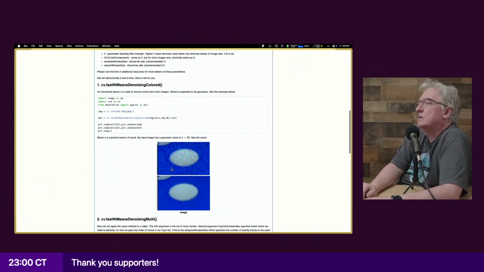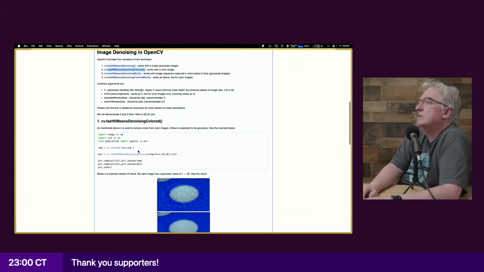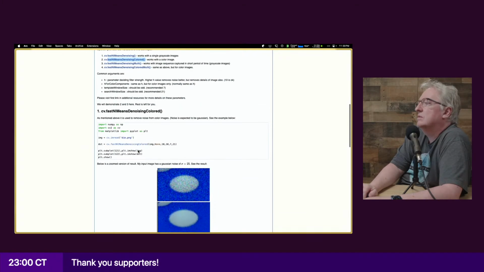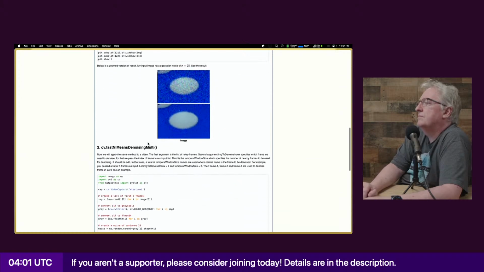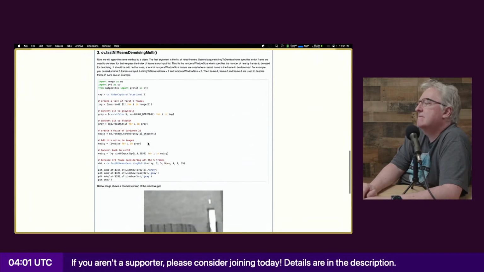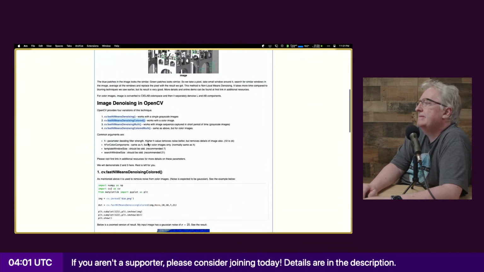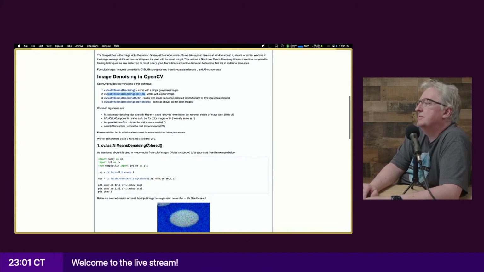Fast NL means denoising colored. And what are the parameters? Filter strength. Hmm.